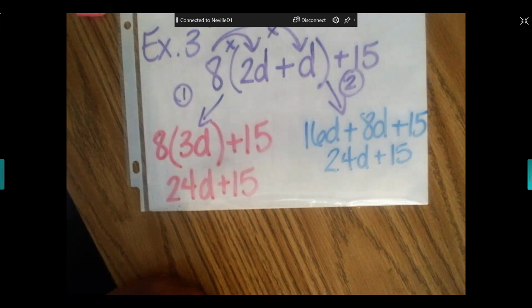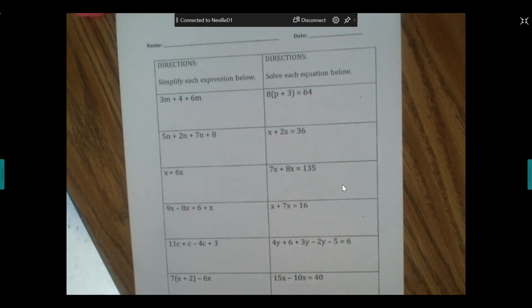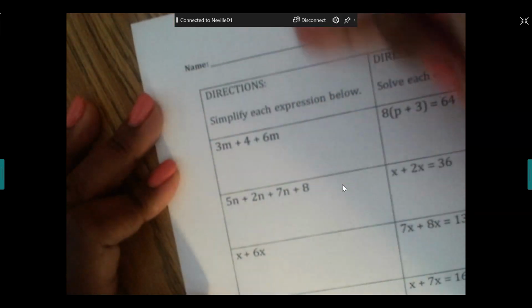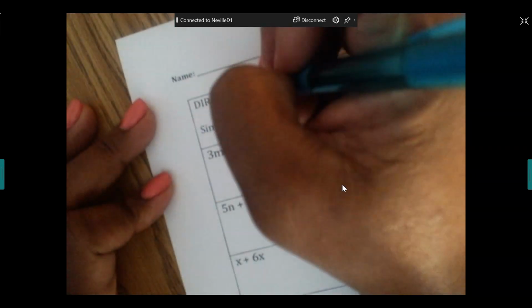All right, so as we move into our independent practice today, you're going to be getting a sheet that Ms. Neville's going to show you how to work through today. The first thing I should have done is put my name on this paper. I'm going to zoom in so you can see what I'm doing. I'm working on the left side today. On your paper, if you would please write Tuesday